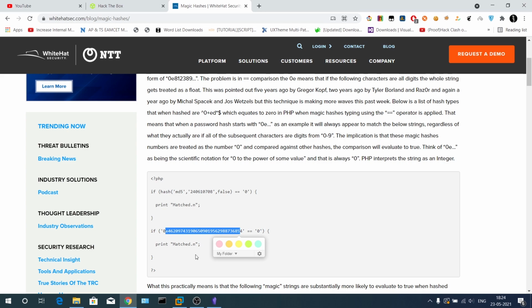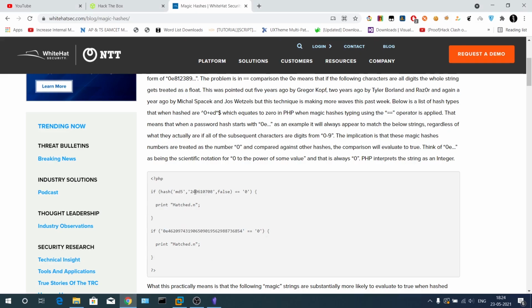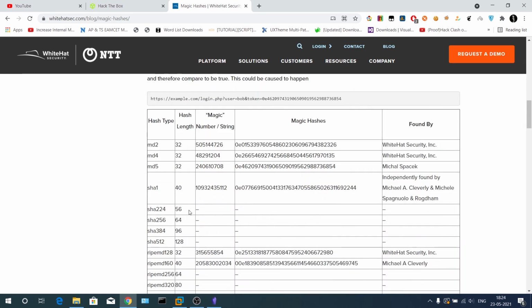So you can see this is the exact same result we have here. That means if you log in with this floating point number, it will be sent into the hash function and the output will be this one. Similarly, it is like comparing this one with this 0. So it is checking whether it is correct or not. So obviously you will get logged in. Similarly, there are some other magic hashes as well.